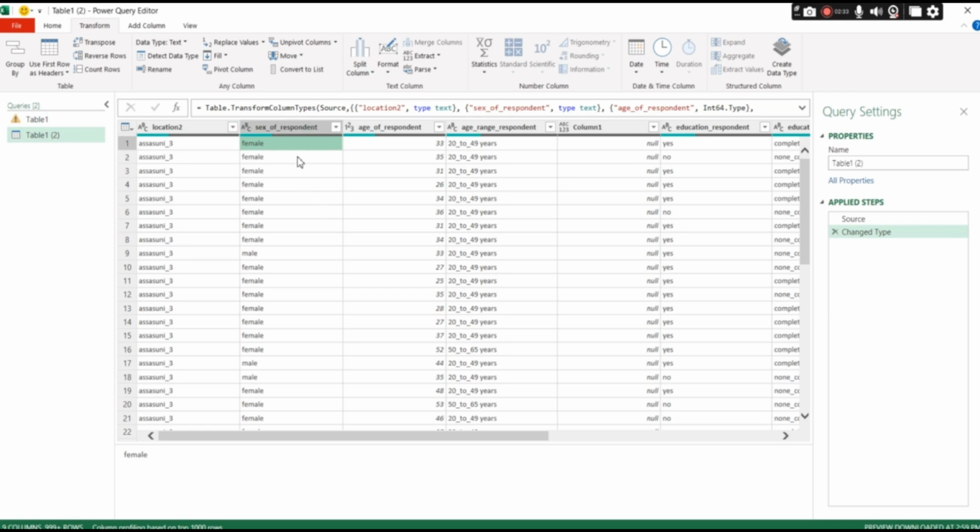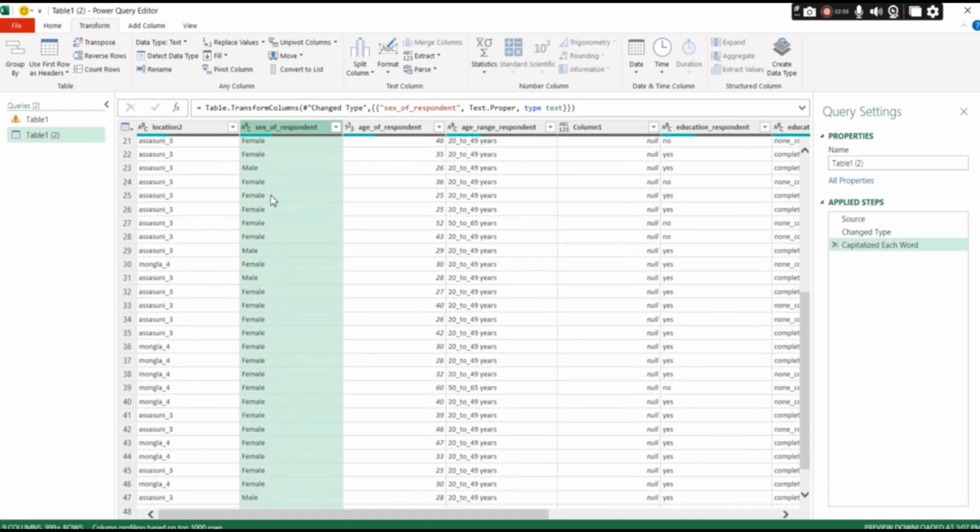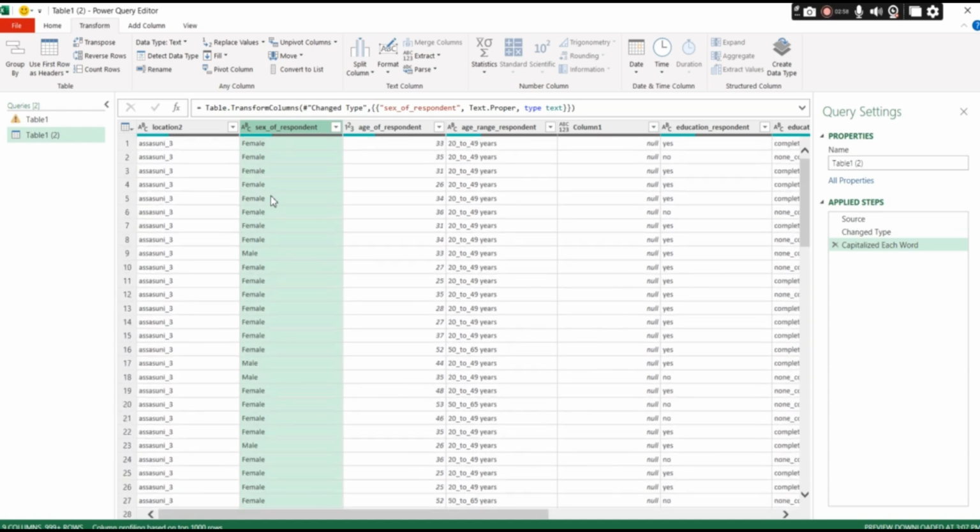If it contains 700 data, then we need to do this manually. But in Power Query we have such an option that we just click one option and we can do this in 1 second. Like I select the column of sex of the respondent and select the option capitalize each word, then you can see that it automatically capitalizes the first character of this column. So it works very fast, and I do not need to do many things.